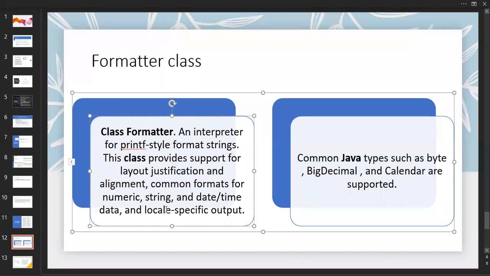Common format for numerics, string, date and time, data, and locale specification output. The locale specification output is a common thing, what we are going to print, that's it. Don't bother about that. So here, string and numeric in the sense of whole numbers, and date and time.